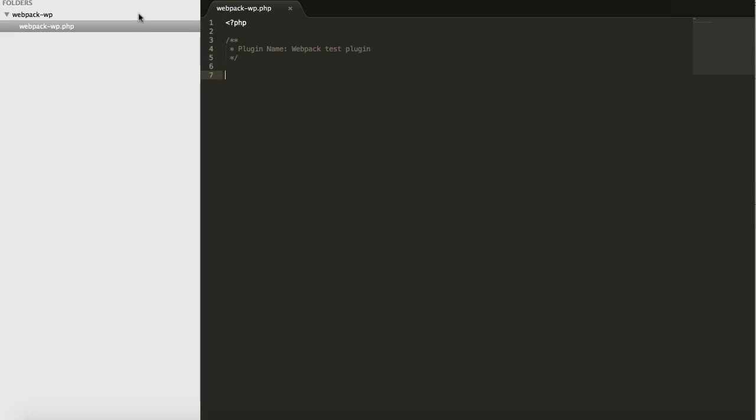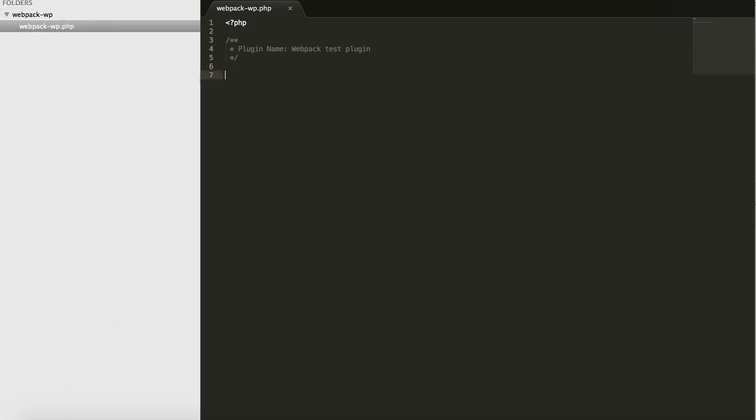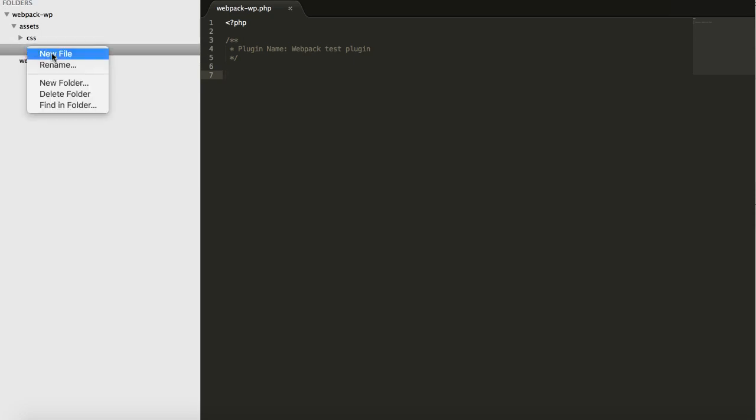and that's actually it. And before we even start, let's do something else. Let's create a new folder. I'll call it assets, like that. And then let's create a folder JS and create a folder CSS. Okay, and inside here, well, when creating a plugin, I like to have the admin and public